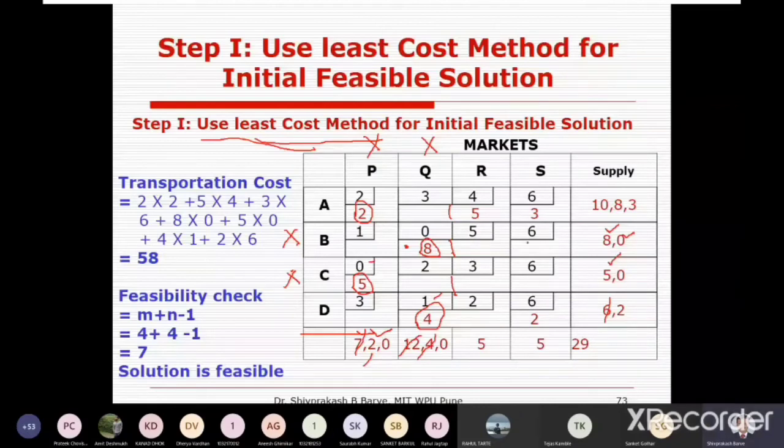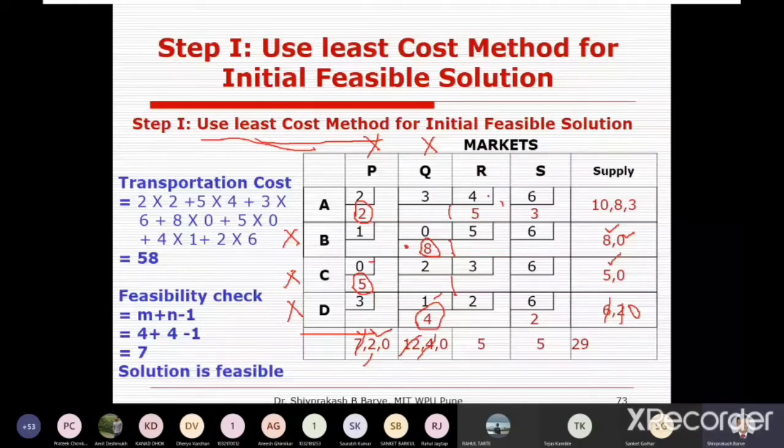Now check for this D capacity, it is also over. You can see this D capacity, 2 plus 4, already 6 is over, it becomes 0. So don't consider this. So now only 2 cells are balanced, that is AR and AS. So for AR, the cost is less, 4 and 6. So 4 is the less cost. Consider the less cost at 4.